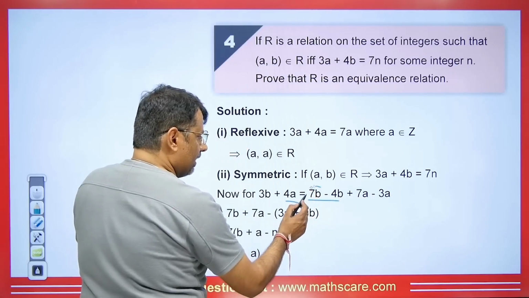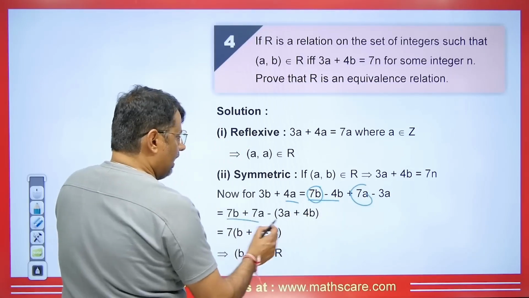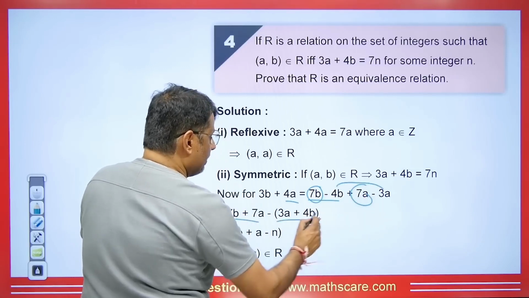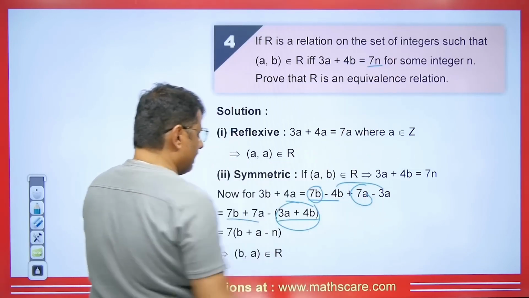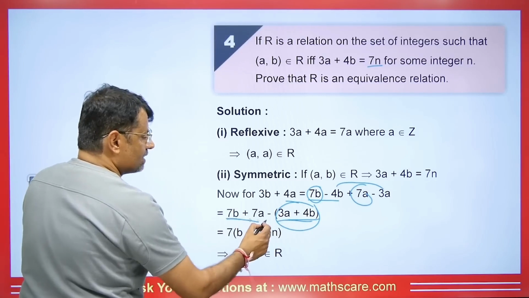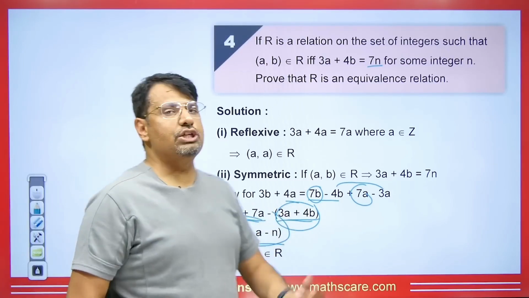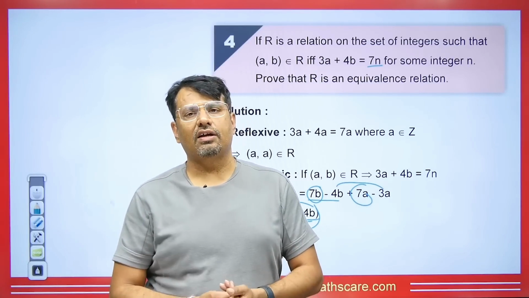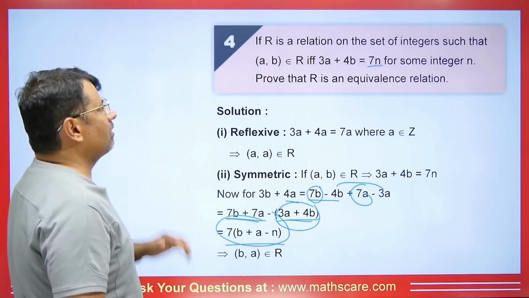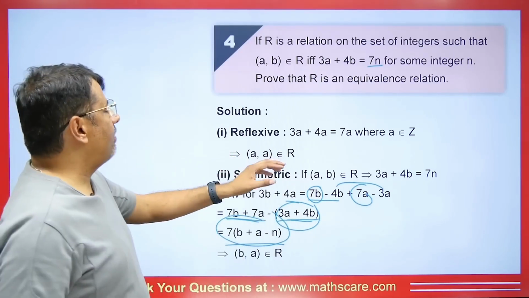So this thing which is here, we'll write both of these here. In this, we have taken minus as common. It's given that it's the multiple of 7, right? This is multiple of 7 and this is also. 7 will be common, meaning this becomes multiple of 7. So this means BA will go to R. Now we need to prove that this relation, what do we have here? It is transitive. For transitive, what should we do?